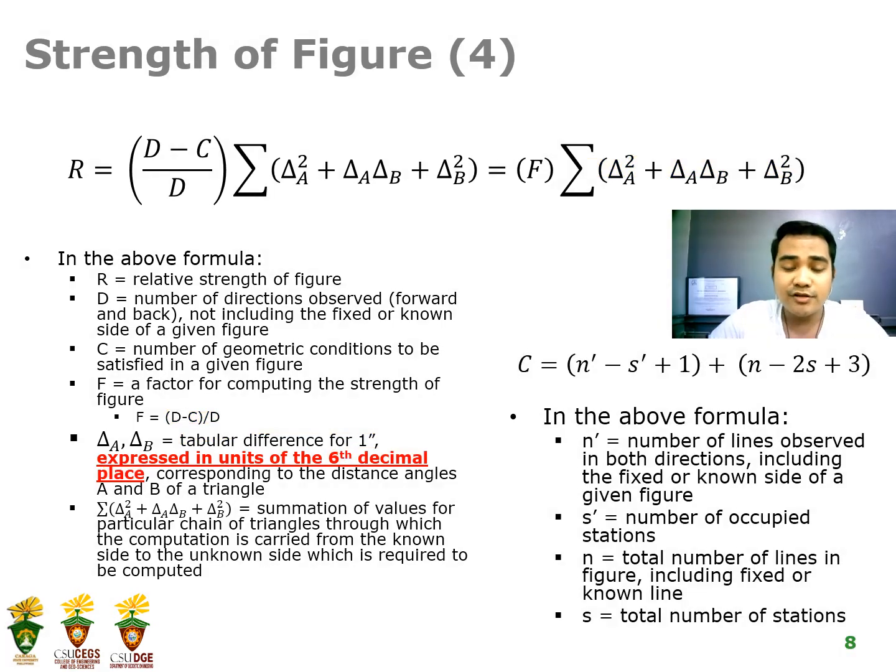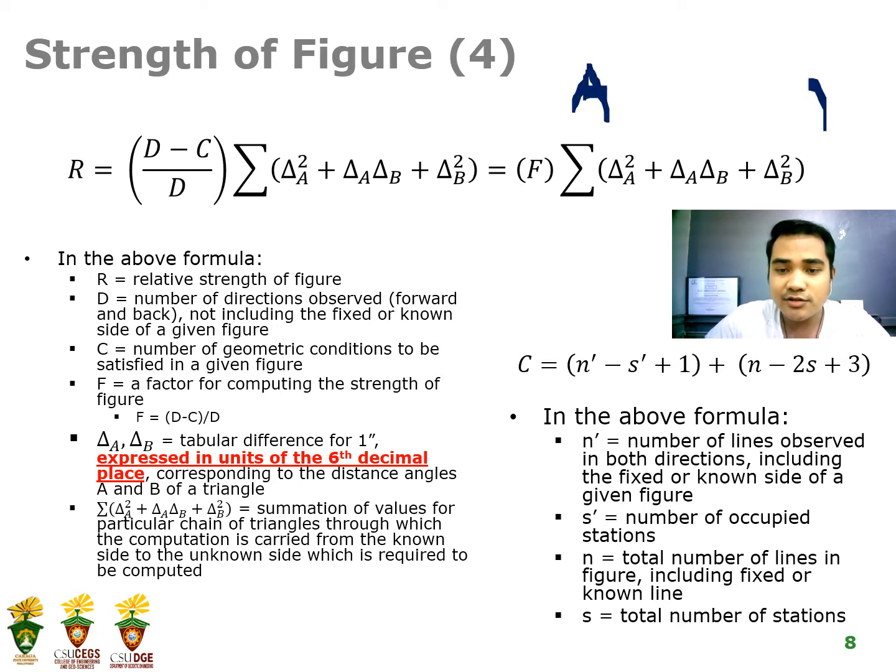So for computation of C, which is the number of geometric conditions to be satisfied in the given figure, here is the formula. So it is the n prime minus s prime plus 1 plus n minus 2s plus 3, where n prime is the number of lines observed in both directions, including the fixed or known side in a given figure. So kaganina sa D, it is for the number of directions nga kung tahay natay station A, diri